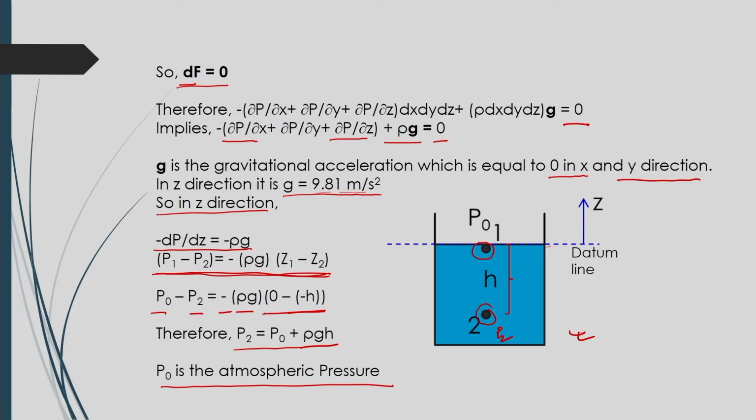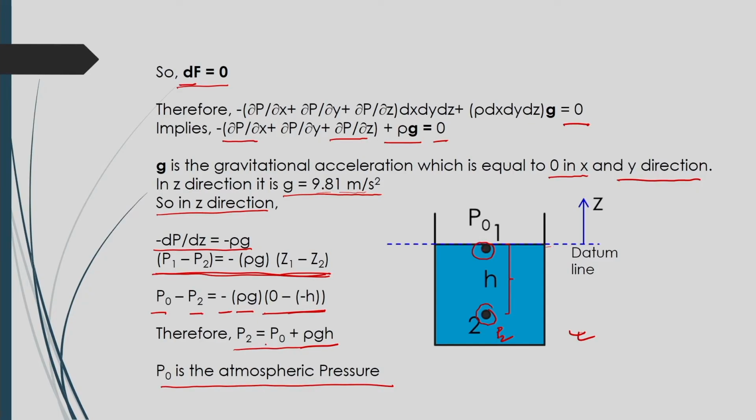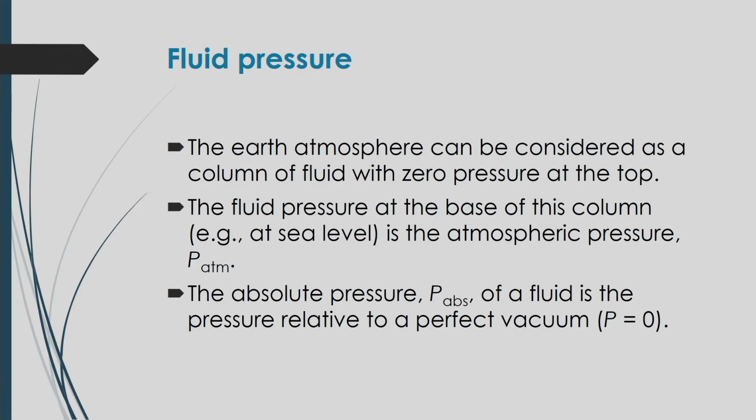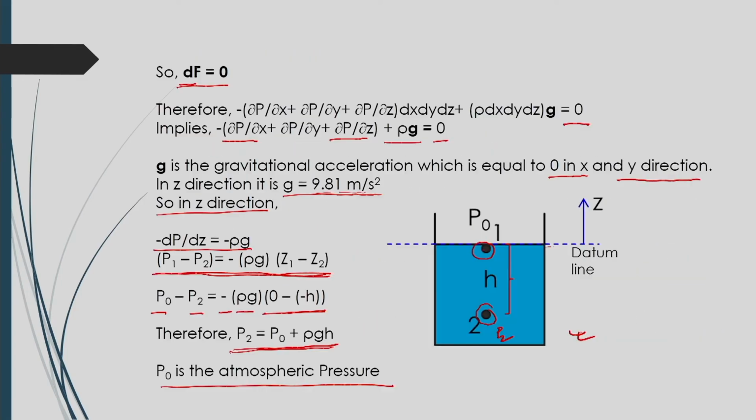So, in this way we can derive the hydrostatic pressure based on the consideration of a small fluid element in its static condition in x, y and z directions, and considering the forces acting on that fluid element from all the directions. And so, we have got this very interesting equation: P1 minus P2 will be equal to minus rho g (Z1 minus Z2). This you have to remember,